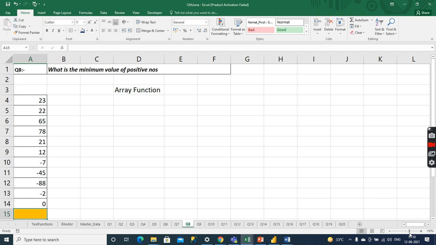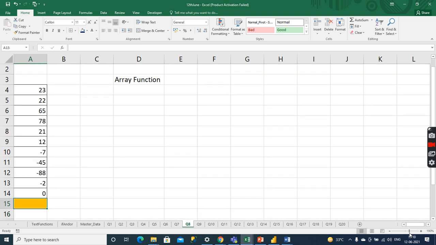Read the question. What do I have to do? What is the minimum value of positive numbers? In the same statement there are two things. If I have to find the minimum value, I can apply MIN here and select this, and I will get the minimum value.